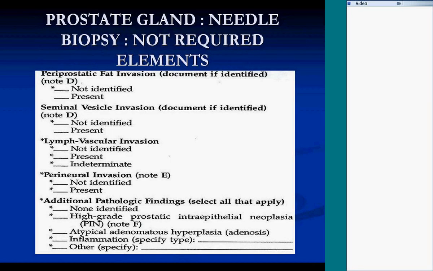So what are the elements that are not required? Well, actually in this list, when we talked about that, periprostatic fat invasion, you should document it if you see it. It's usually straightforward. Sometimes not so straightforward is identification of seminal vesicle invasion by carcinoma, but one should document that if you see it. And all of the other findings one needn't go out of one's way to document, although